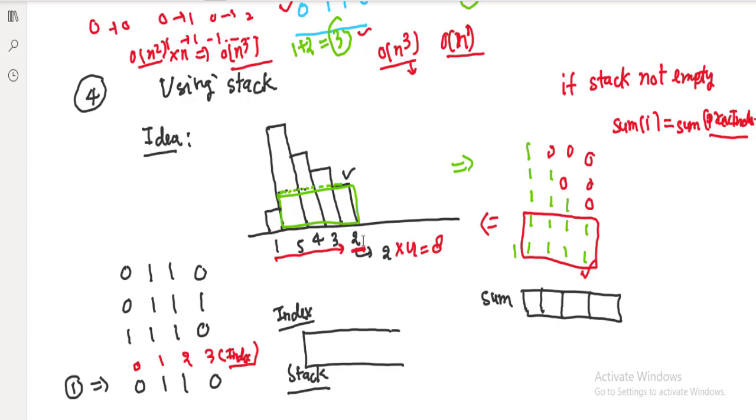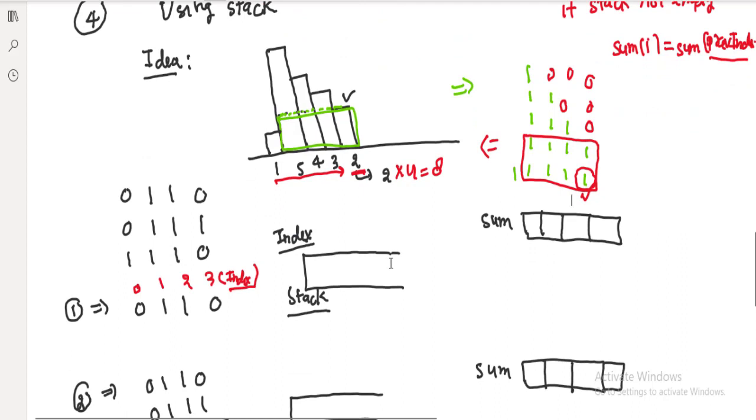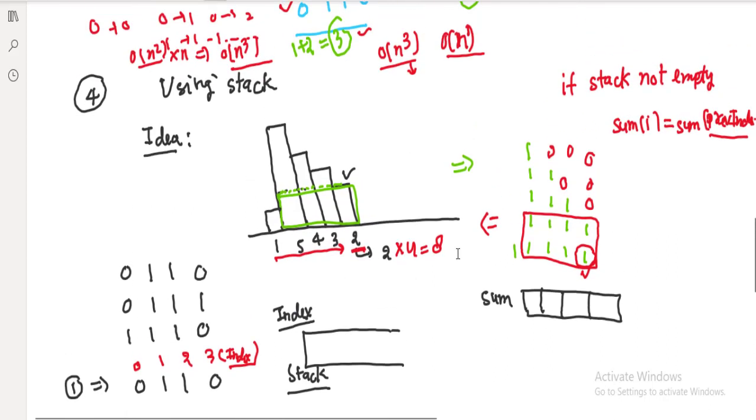Now if I need to find out, ending with this particular index, how many matrices are there which contain all ones, we can directly compute it with the help of a stack. Let's say we are here, what would be the answer? For this there will be 1, this is the first submatrix, this is the second, this is the third, this is the fourth, and this is fifth.